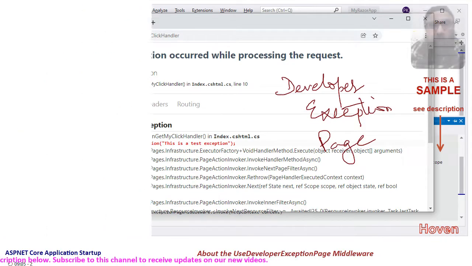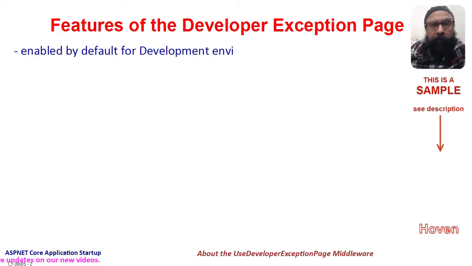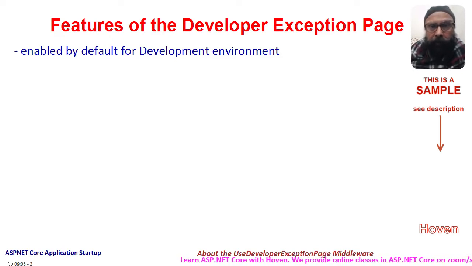And let us have a look at the features of this page. Firstly, ASP.NET Core automatically enables a developer exception page if the app runs under development environment. No action needs to be taken at your end for enabling it. It is automatically done for you by the startup code. This happens through various behind the scenes calls in the